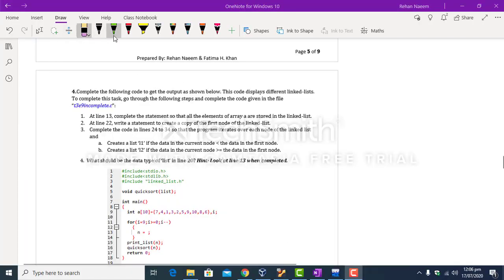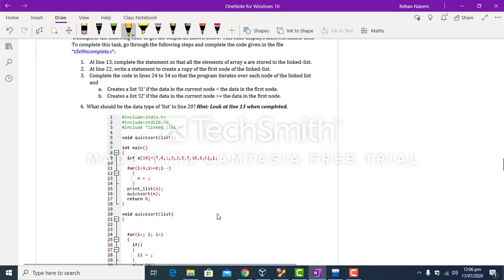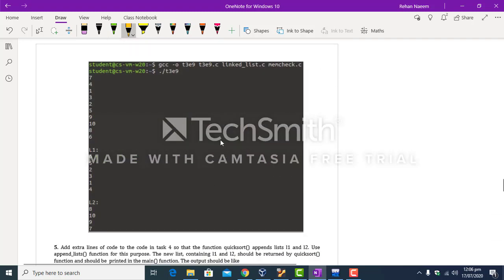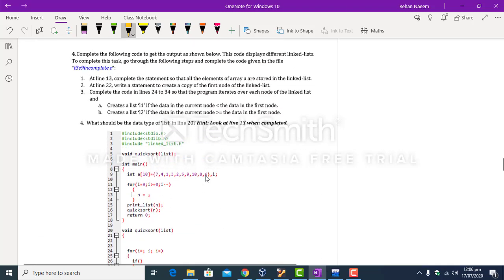Okay, in task number 4, you have to complete the code shown over here. Complete this code so that you get the output as shown over here. So let's go through each step one by one.